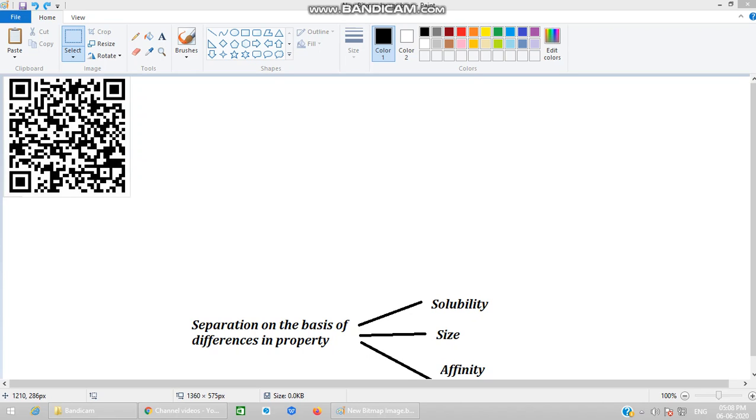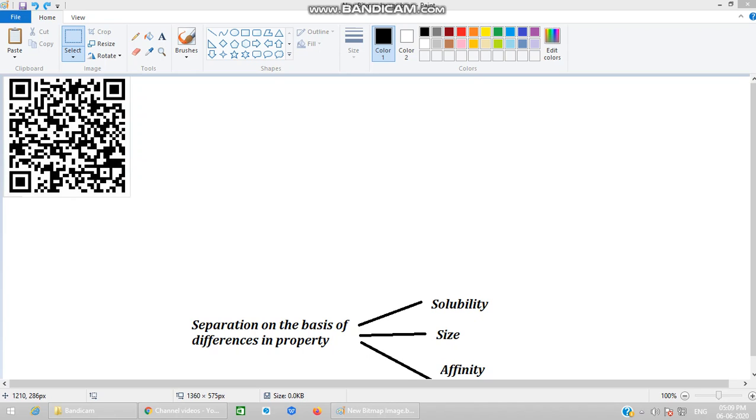One more thing you have to understand: the principle of size exclusion chromatography and SDS PAGE for proteins are kind of similar, because in SDS PAGE also, on the basis of molecular weight only, you separate the proteins. Understood? It means if the molecular weight or size of a protein is small, it will run faster. If the molecular weight or size of the protein is more, it will run slower in an SDS PAGE gel. So in SDS PAGE also, on the basis of size, you separate proteins. In size exclusion chromatography also, on the basis of size only, you separate proteins.